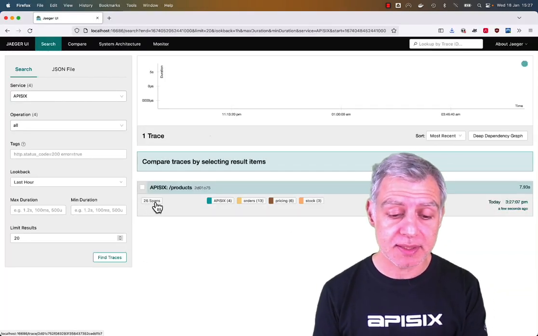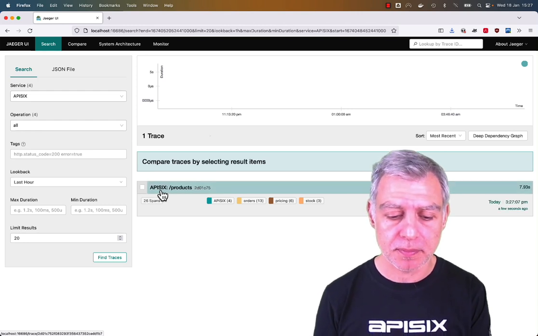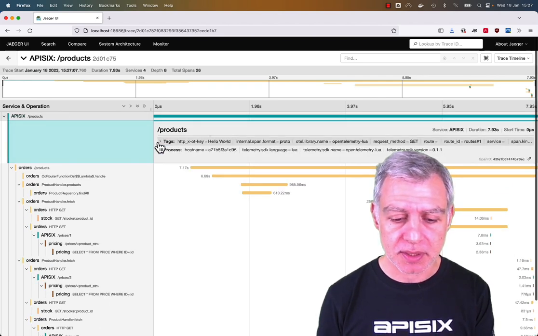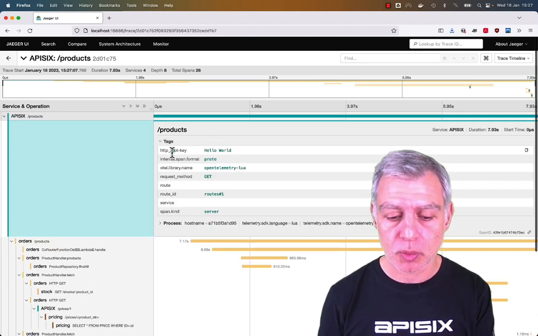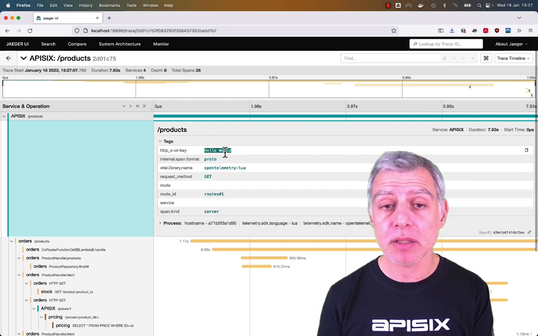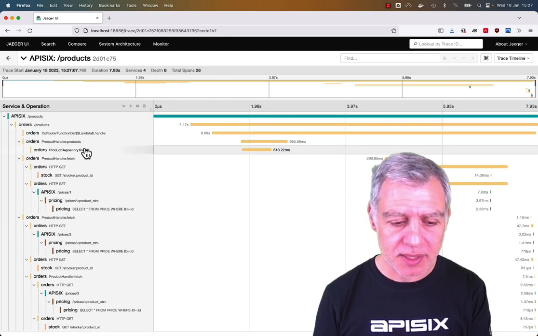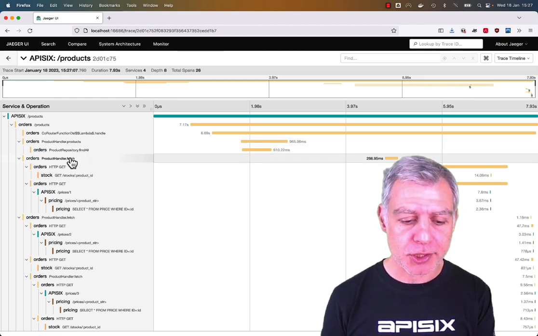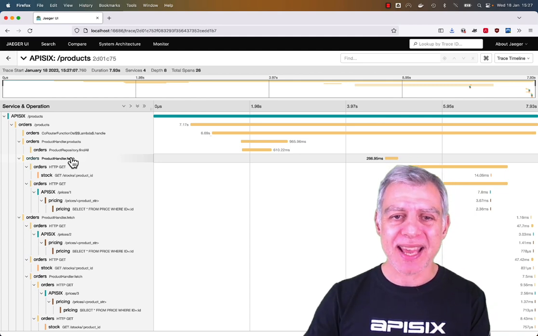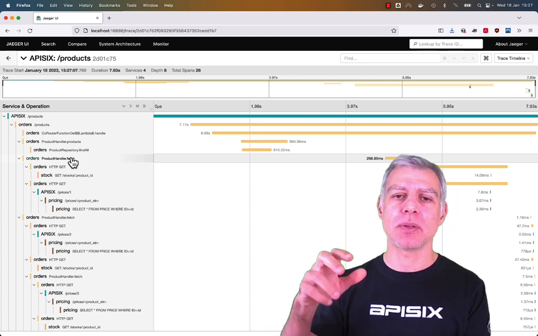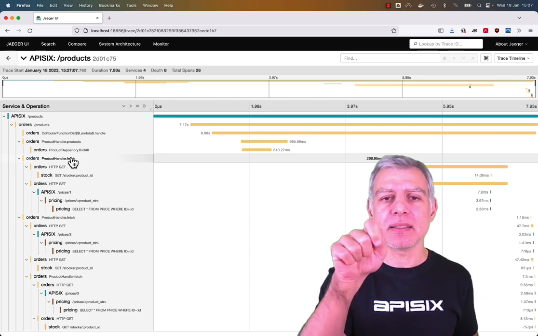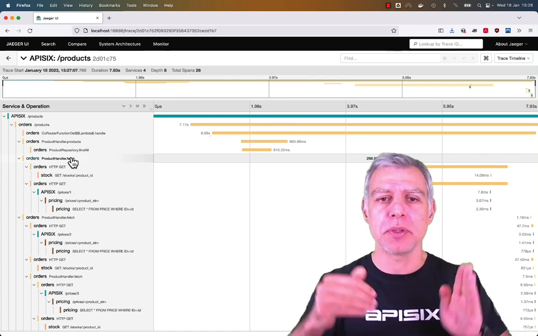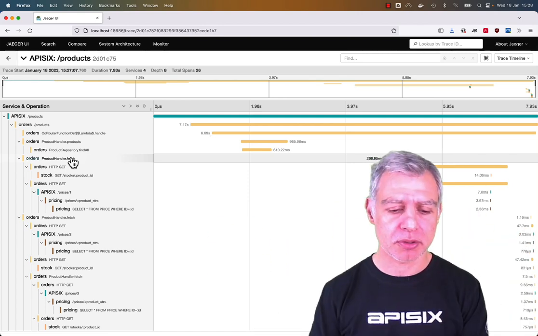So first, we can already see that we have more spans than before. Just to check on the Apache APISIX side, we can see that now my OT key, this header, has been logged, which is good. And then we can see that I have the products here. I have the fetch here. So basically, we added additional data. Inside the components, we added a couple more spans to understand how the flow of the code went inside the components, not only across components.